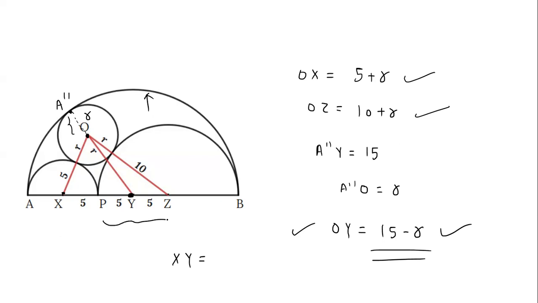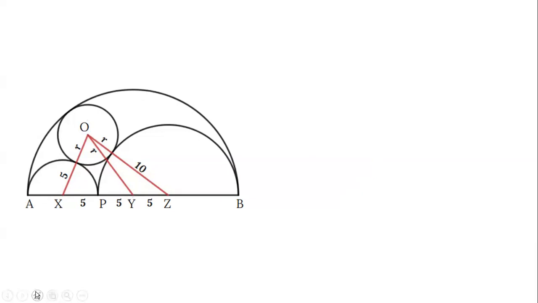We know from the point P to Z this distance is 10, and this distance is also 10, and this distance is also 10. So this is the radius, which is 5. So this is the radius of this semicircle, which is 5. What you can do here, this distance we know, which is 15. So this is 5 and this is 5, then this you can calculate as also 5, and you know this is 10. So if this is 5, then this remaining is also 5. So these are the different distances.